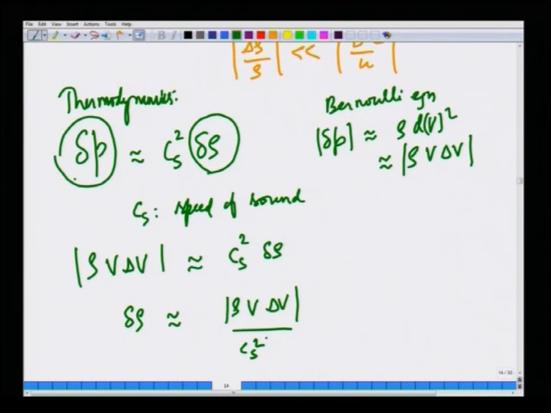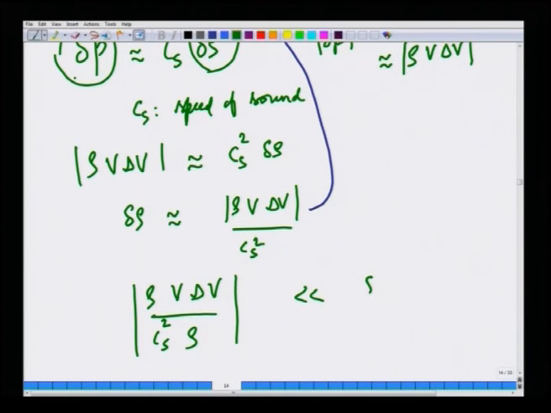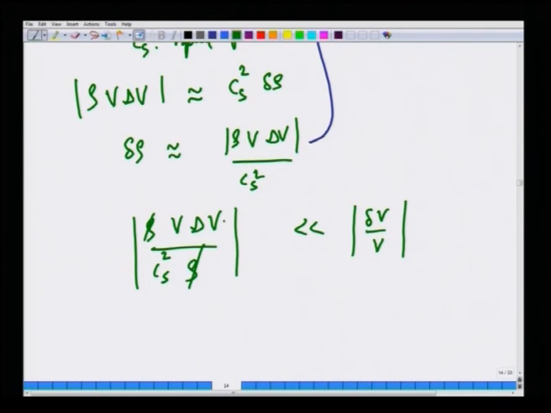So, we will substitute this out here. Okay. So, del rho by rho is rho v del v by Cs squared rho, and this is approximately much small compared to del v by v. Okay. So, rho cancels, and del v cancels, so we will get that v squared by Cs squared, the magnitude of that, is very small compared